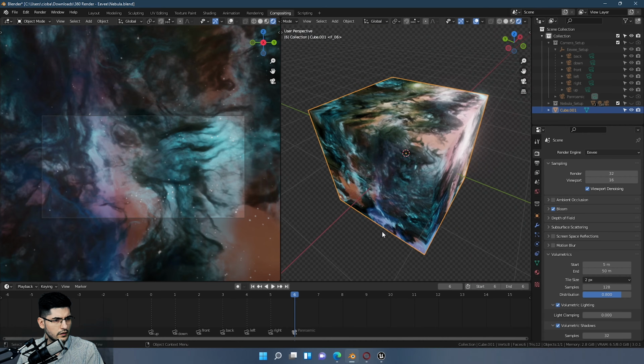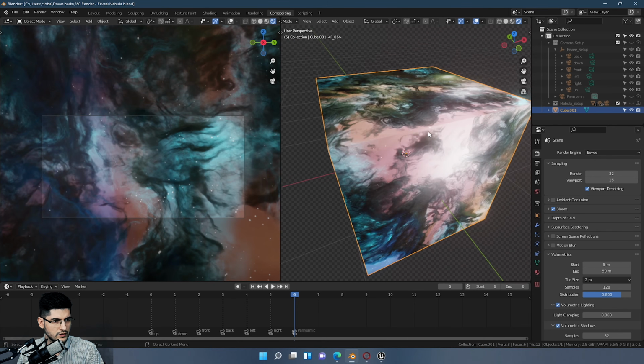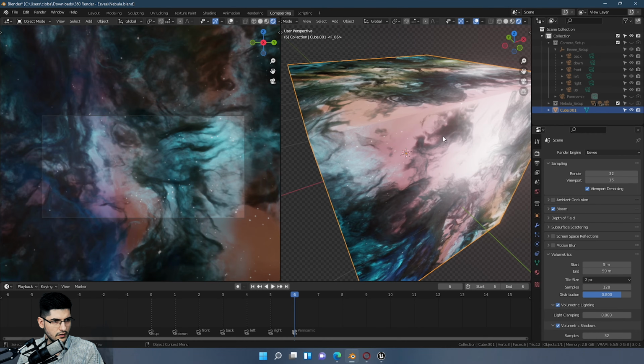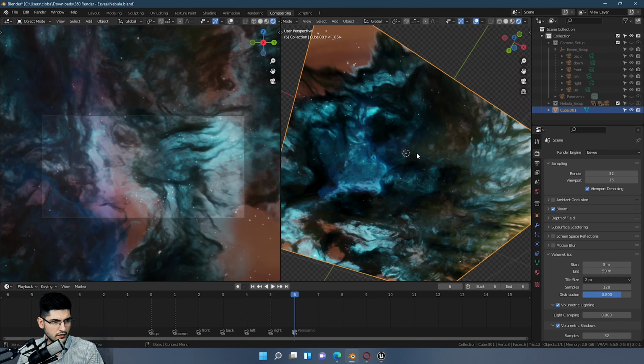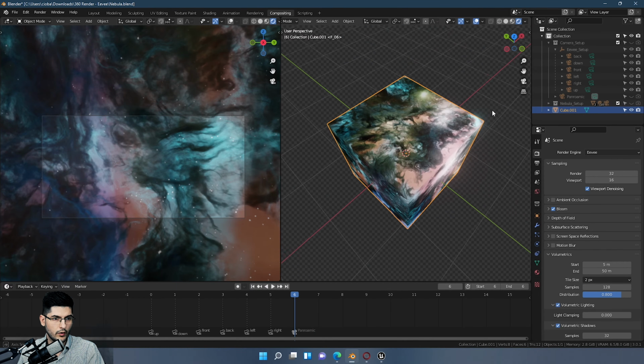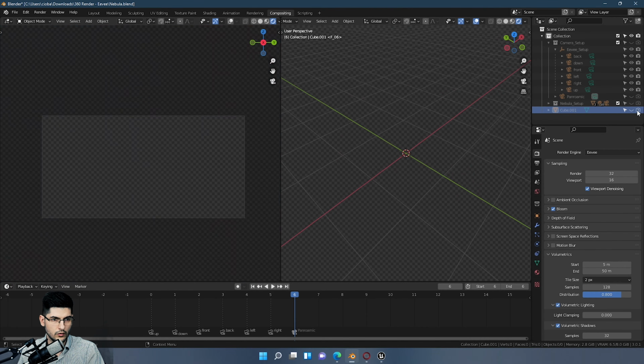I don't particularly know. Oh, there we go. I didn't know why it was so shiny. But you can see that this image continues on this image, and this image continues on this. So they're all blending together, essentially. So now what I'm going to do is deactivate this cube, and I'm going to show you